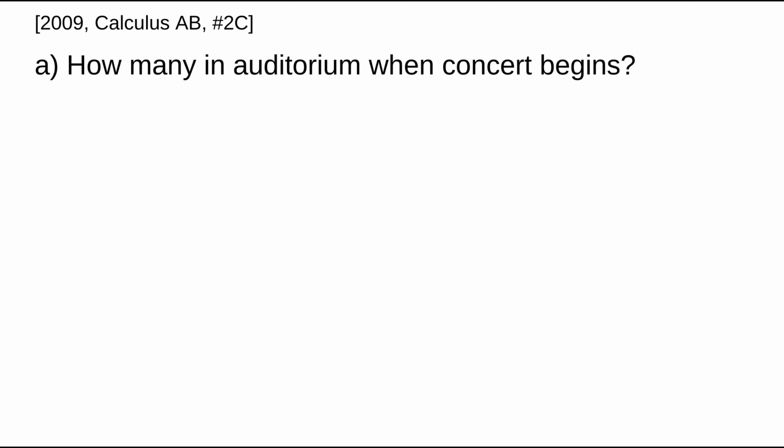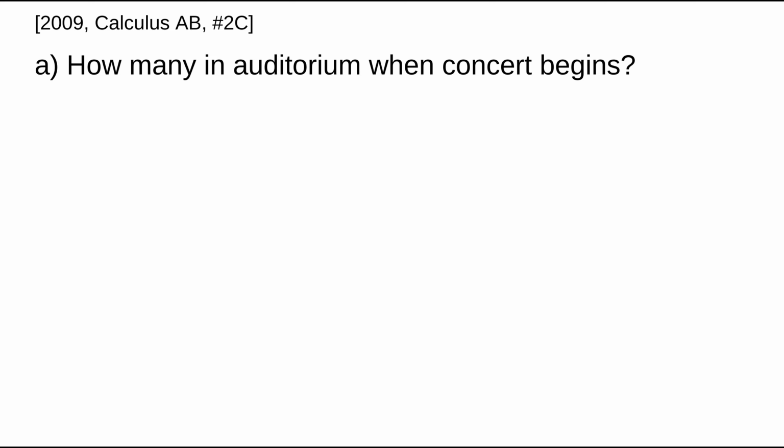This question is from 2009. It's question 2, and it is calculator active. In this question, we have people attending a concert at an auditorium, and we're given a rate function, R of t, that tells us the rate at which people are entering this auditorium for the 2 hours before the concert begins. In part A of the question, we're simply asked how many people are in the auditorium when the concert